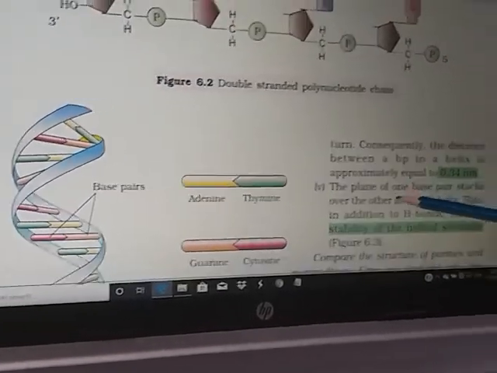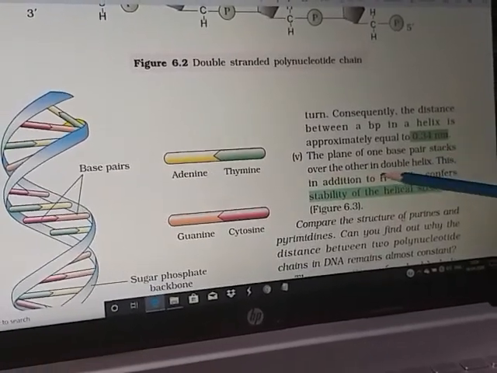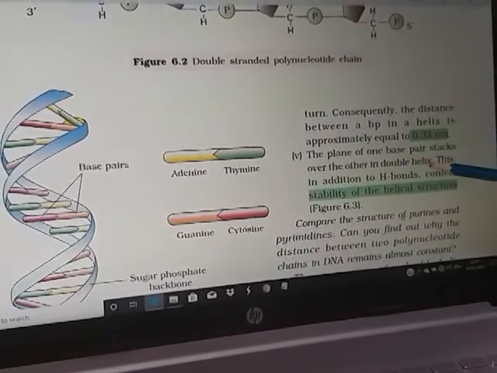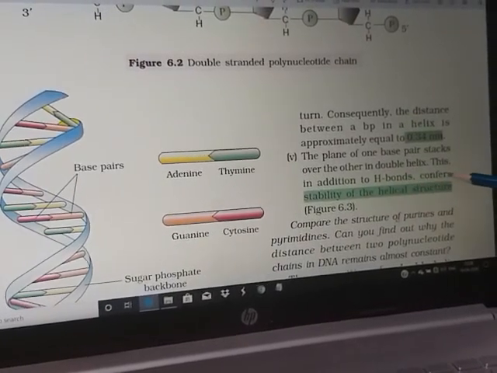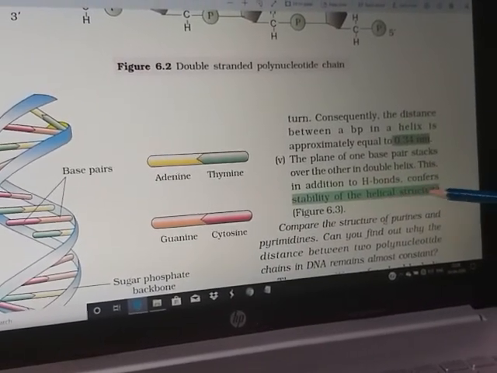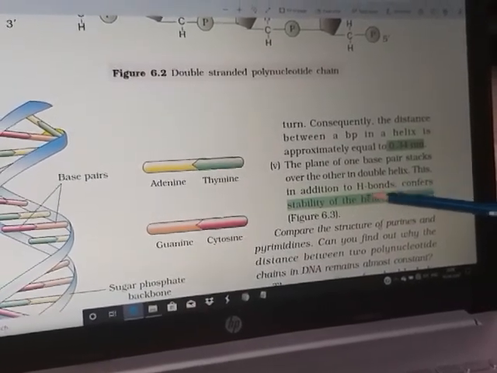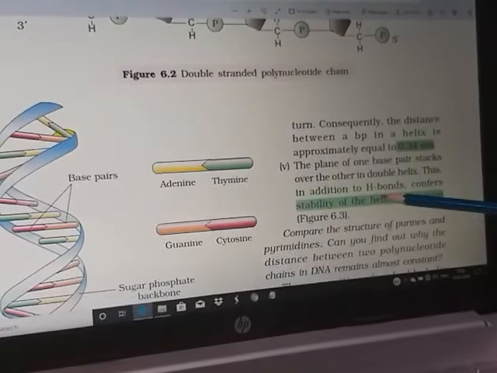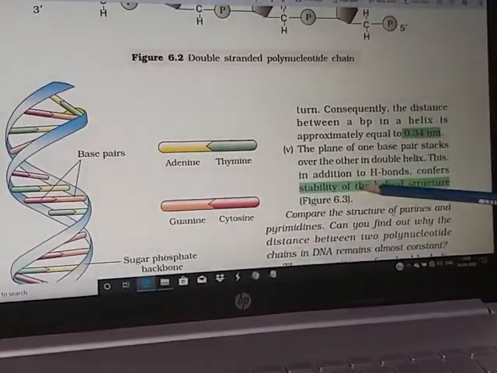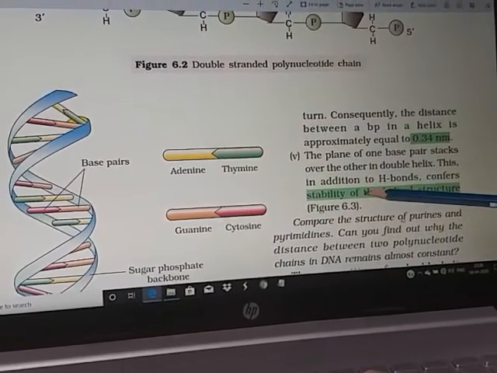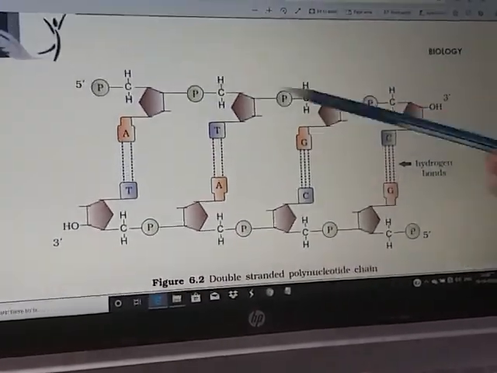The plane of the base pair stacks over the other in a double helix. This, in addition to hydrogen bonds, confers stability of the helical structure. Here is a very important question. What provides stability to the DNA helix? And the answer is over here. We will also cover again this structure of DNA,